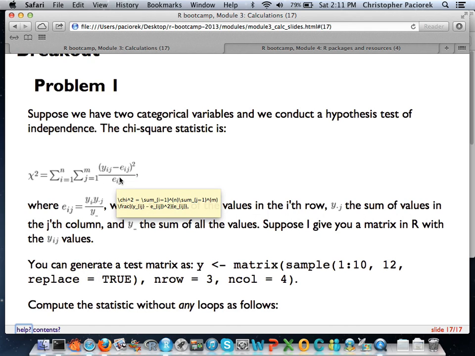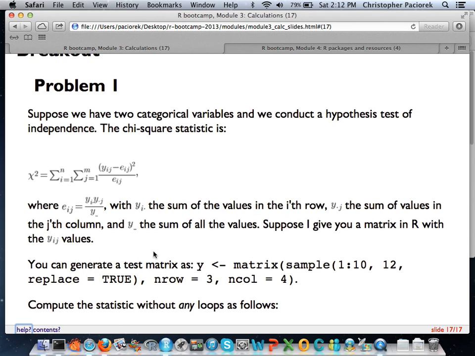So all of this can be done on the full matrices without doing any looping, because I'm doing a subtraction element by element, I'm doing a squaring, and then I'm dividing a whole matrix by a whole matrix element-wise.